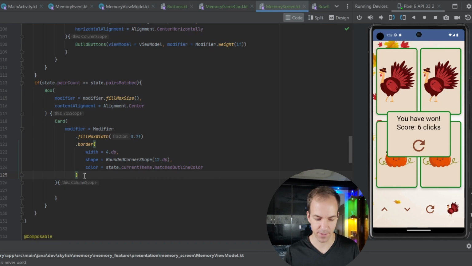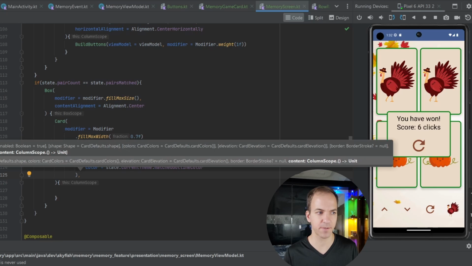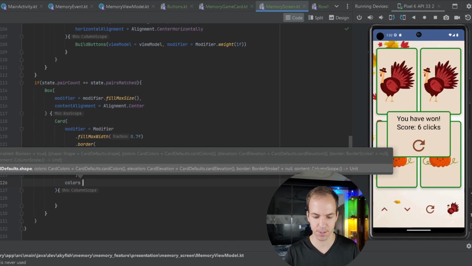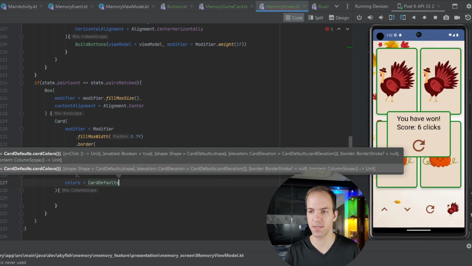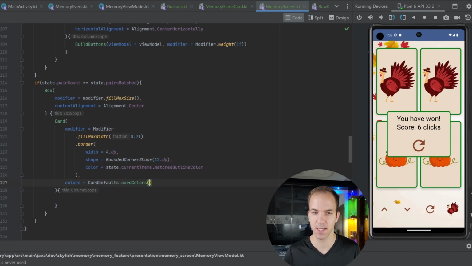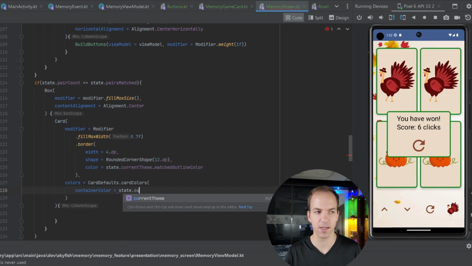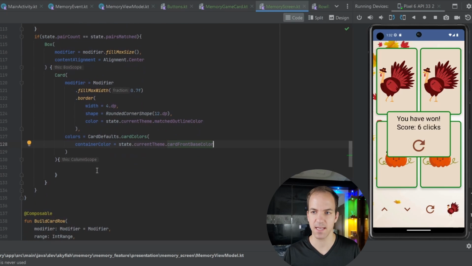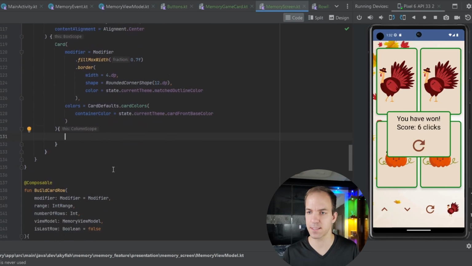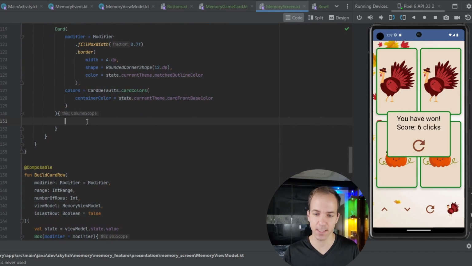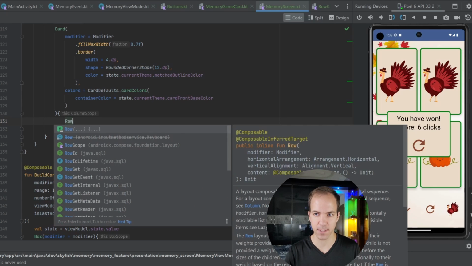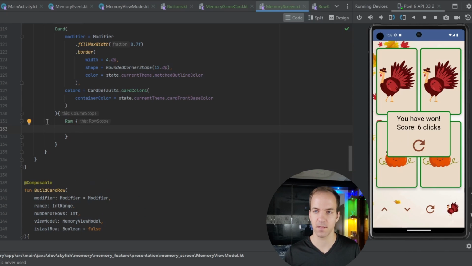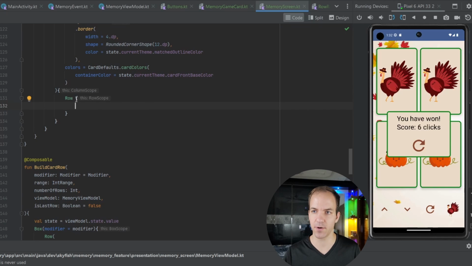And then after this, so we've got our modifier there. We'll say colors is equal to card defaults dot card colors. And then in here, our container color is going to be equal to state dot current theme dot card front base color. And now inside of this, we're going to get a column scope with that box. I'm going to stick a row in there. We're going to say row, and then inside of this row,